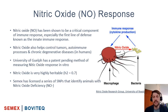Nitric oxide itself has been shown to be what's called cytotoxic, meaning that the nitric oxide that's released by the cells when they recognize a threat is able to kill off that pathogen by itself. And when the pathogen challenge is small enough, the nitric oxide response is really able to functionally end that threat on its own. Obviously, when there's a larger pathogen challenge, the innate immune system needs to prime the other components of the immune system to respond as well, and that's really when AIMer and CEMer and the broader memory-based immune